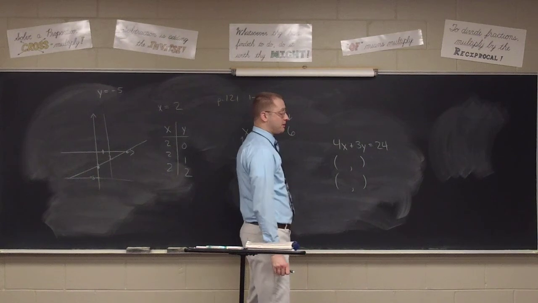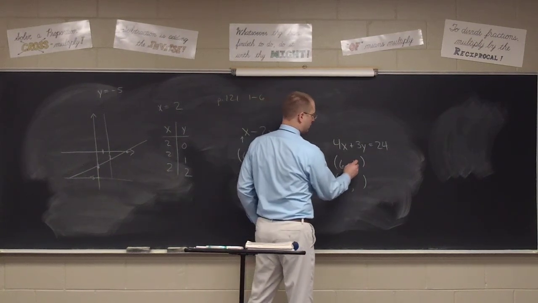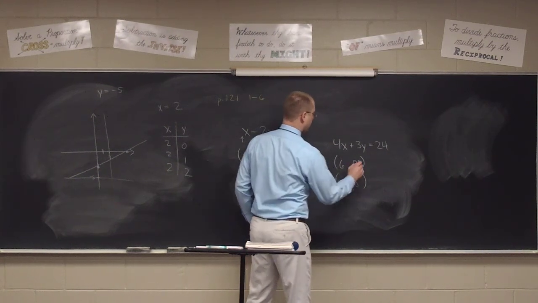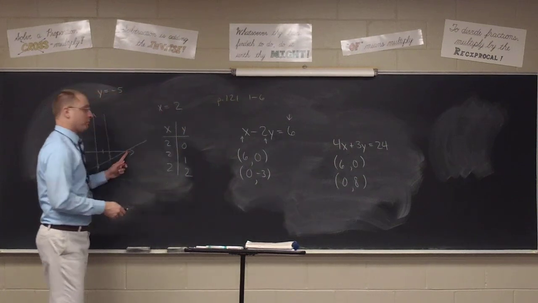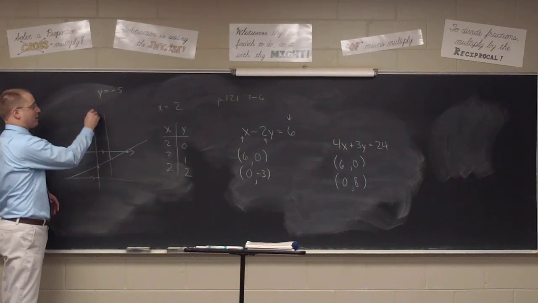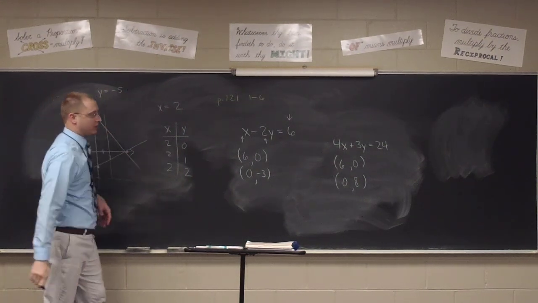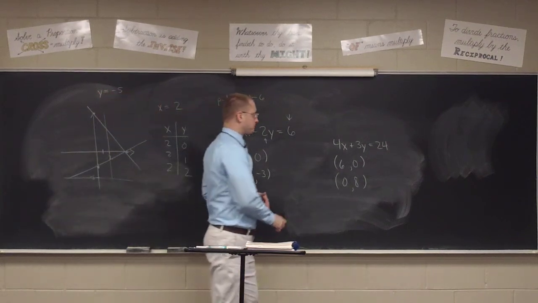And Brecken, when you've got them. 6, 0, 0, 8. There we go. And of course, 6, 0, we already plotted for the last one. 0, 8 would be somewhere, maybe up here-ish. The line looks something like that. Now, what if, though,